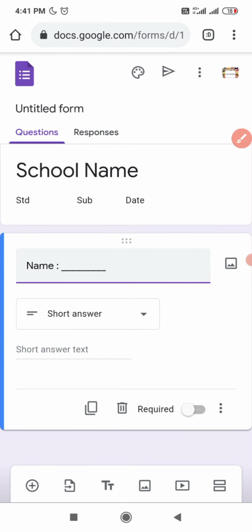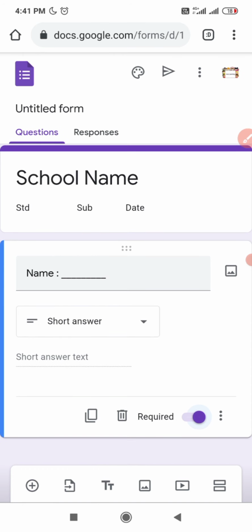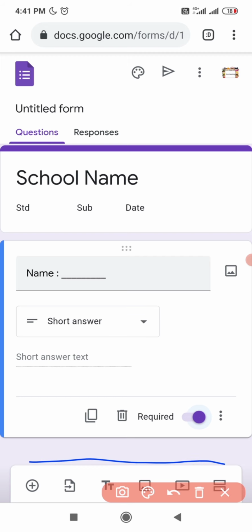Second thing, you have to put that name into required mode, meaning you have to tap on the required mode. It will be necessary for the child to enter the name. Second thing you have to notice on this page is this section, this bottom section, which is very important for your use. First, this is the add button, meaning you can add more questions there. Then this is the title button, where you can enter titles, suppose question number 1, answer the following question, question number 2, who said to whom. For the titles you are going to use that.